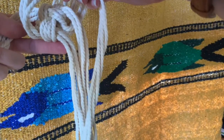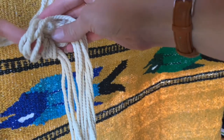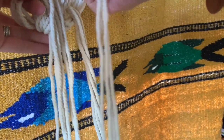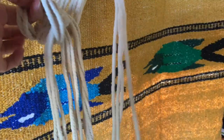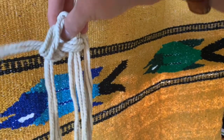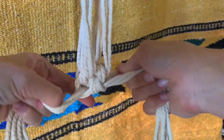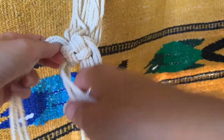So I'm taking the cord that is to the front and I'm crossing it over. Cord to the left is going over those cords. The cords on the top are crossing over the cords from the left. And then the cords on the right are going over the cords from the top and then through the hole from the cords from the bottom. And then you can tighten them and it creates that woven situation. And with the crown knot, you just kind of keep repeating that. So again, from the bottom up,